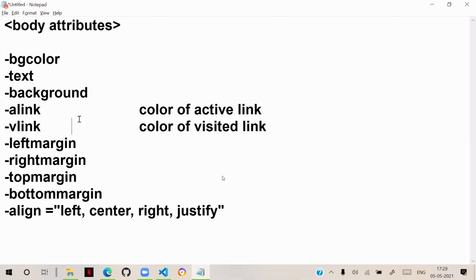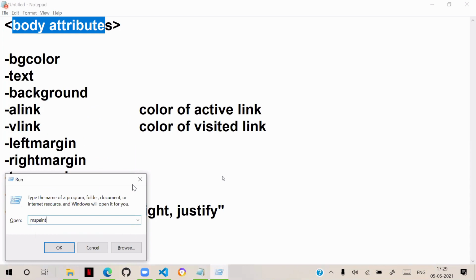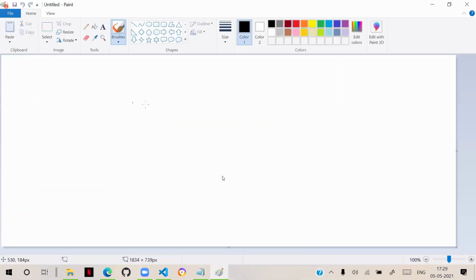In an old version of HTML, this is enough. Everything we keep inside the body. That means tables, images, links, paragraphs, everything we keep directly inside the body. But due to that, we were facing so many problems. Body section was not SEO friendly, search engine friendly. Why is it not search engine friendly? Because so many problems are there for the body section.